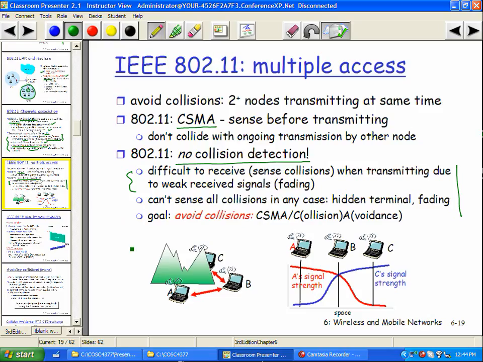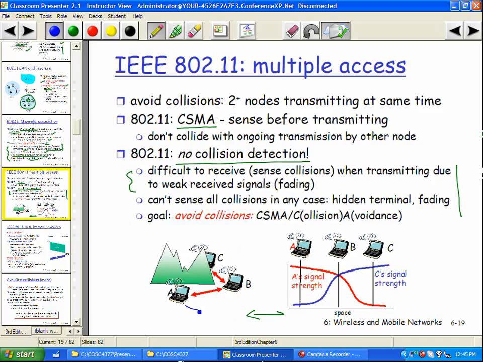So the second is this. What is this problem? Hidden terminal problem and fading problem. So it's possible, one more time, that A talks to B and C talks to B, and C and A cannot hear each other. Okay. Because again, for two reasons we already discussed, distance or this thing. And if your protocol is based on collision detection, okay, it's not